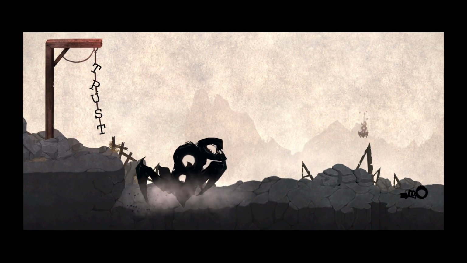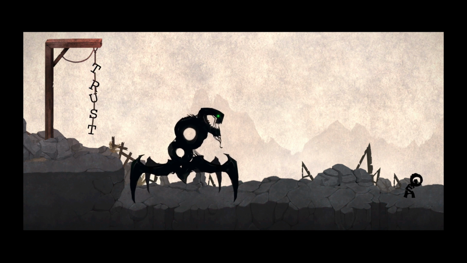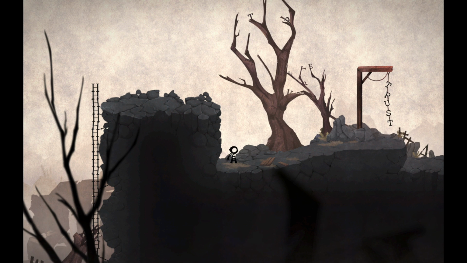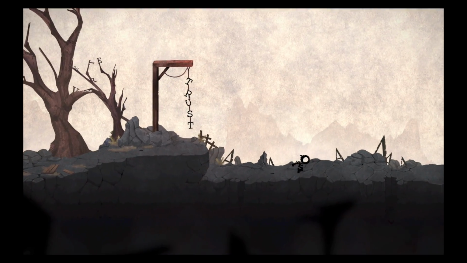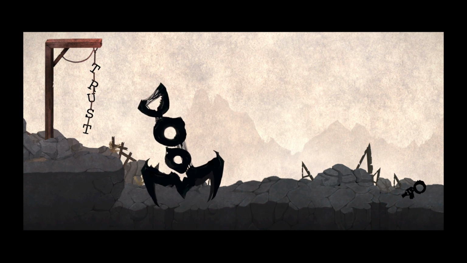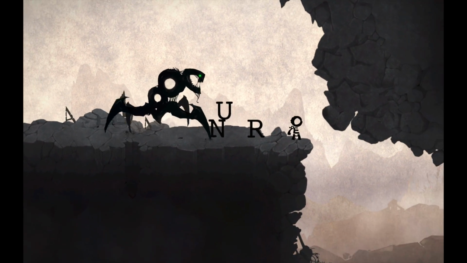So this is the first cutscene, and boom. Sorry, everyone. I need to turn the volume down on this, because I am afraid. There we go. Wait, is it gonna happen again? Okay, cool. So we learned that cutscenes don't usually have a lot of player interaction. Like right now, I can't control the player at all. Oh, it tells me to run. So I'm gonna run away from this thing